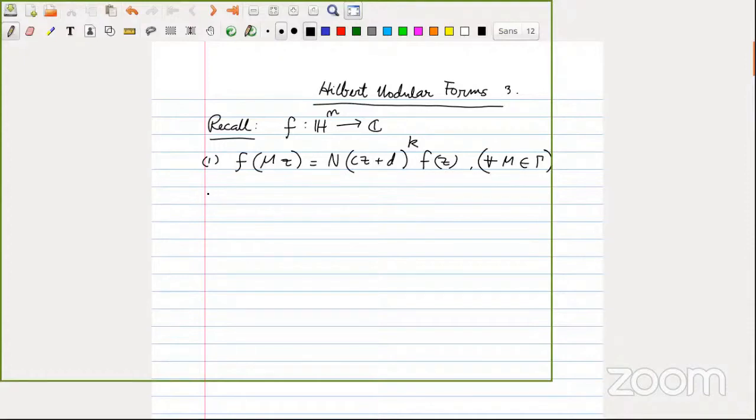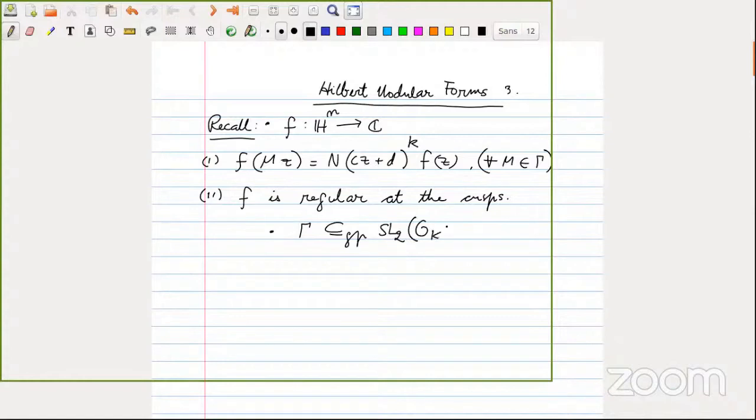And the second was that f is regular at the cusps. Okay, and if I have gamma of finite index inside SL2 of OK,